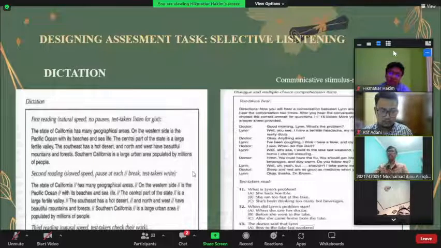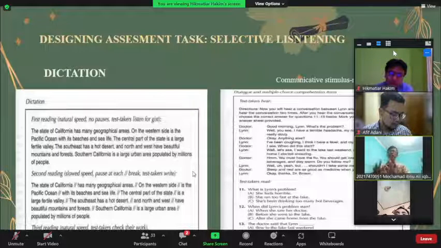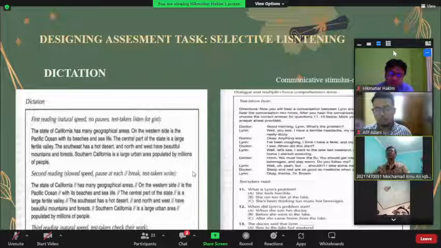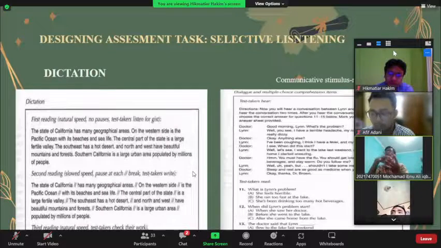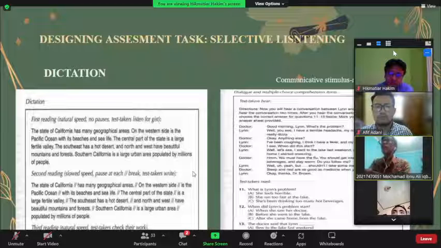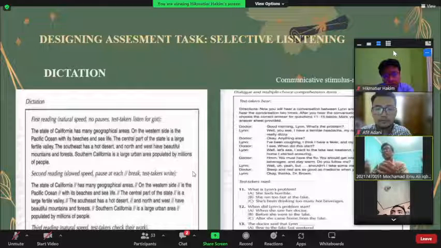In a dictation, the test taker hears a passage, typically 50 to 100 words, recited three times. First, the sample of dictation: the first reading is natural speech, no pause, and the test taker just listens. The second reading is at slow speed, pausing at each break, and then the test taker writes. For example,